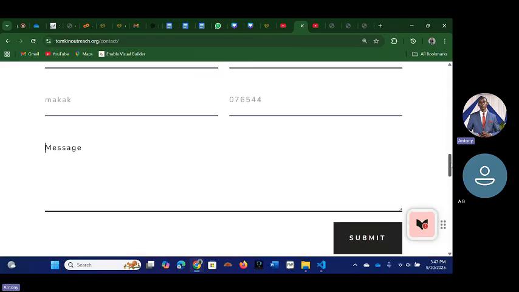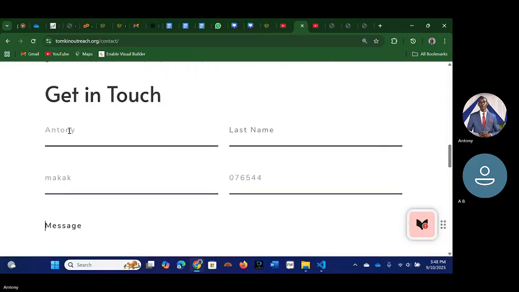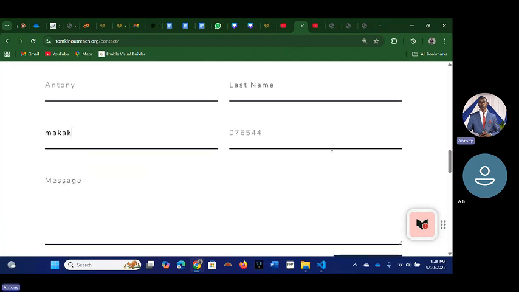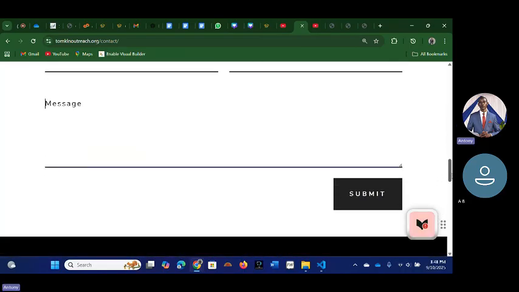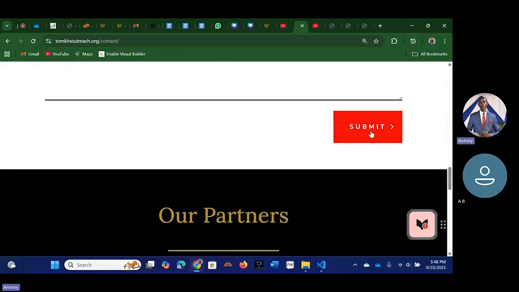So I'm going to repeat again. We have 6 types of input. You have input text, where you just collect names of people. Input email is where you collect email addresses. Input tel is where you collect their phone numbers. And then text area is a box where people can enter their complaints, their questions, or compliments if they have something nice to say about your services or your goods. And then we have submit.